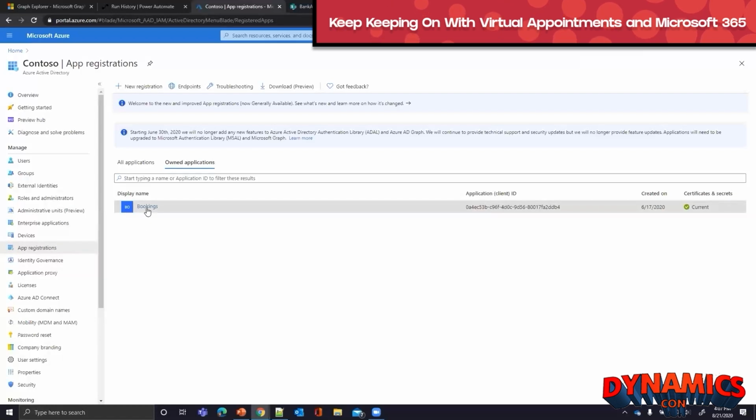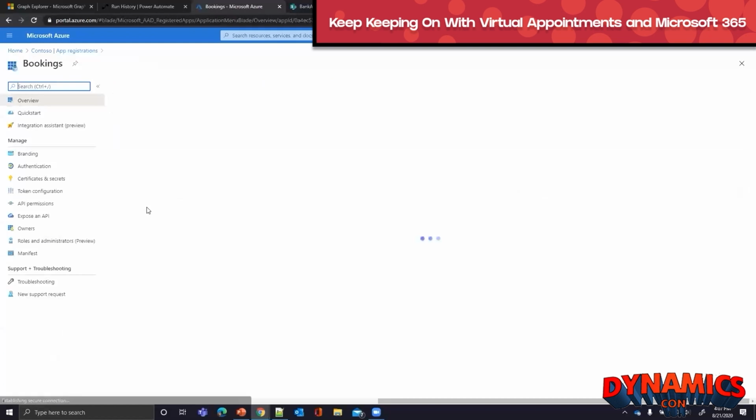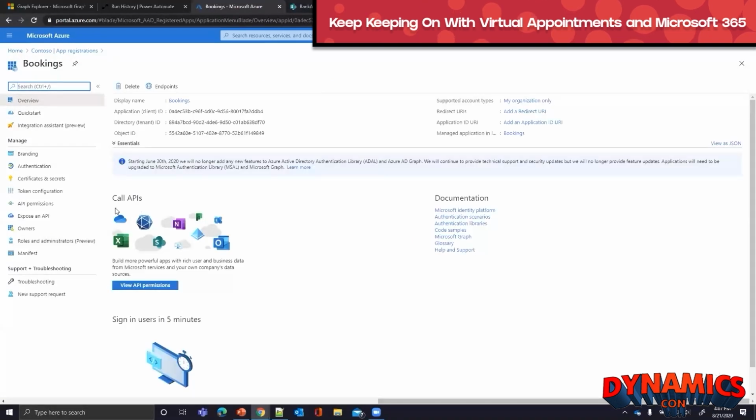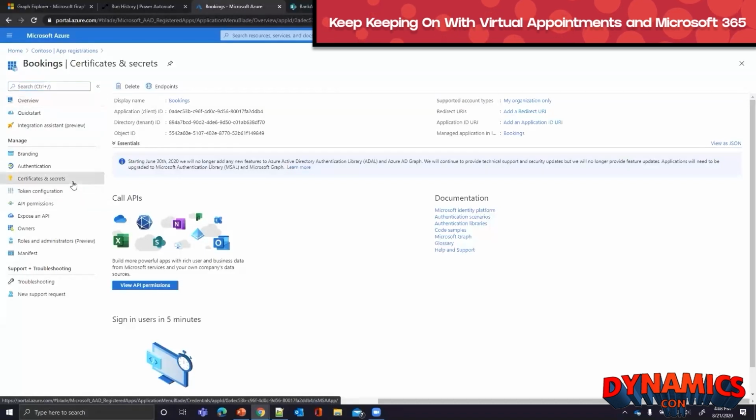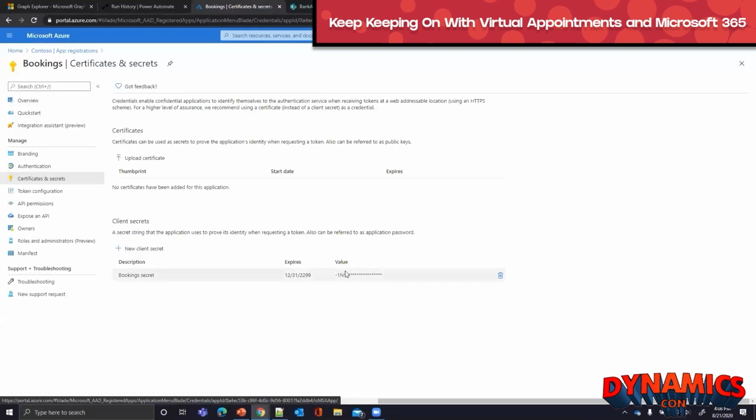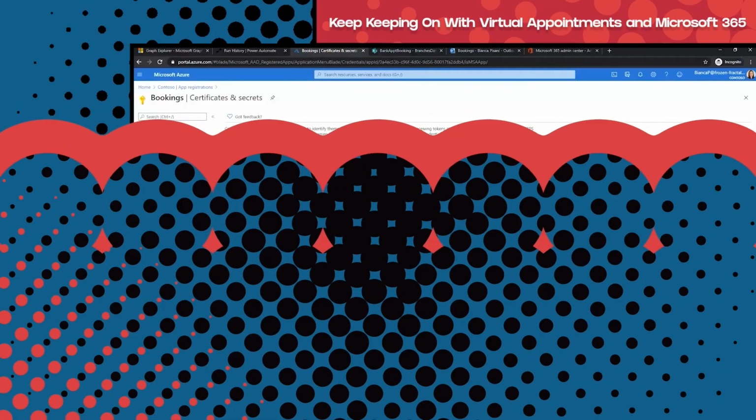And inside of that Bookings, there's a number of different things. This app registration basically defines some security parameters and authentication information to allow your application to call into the graph. So as an example, here is a password that's generated inside of the secure container. That information is needed to authenticate to the graph inside of the flow.